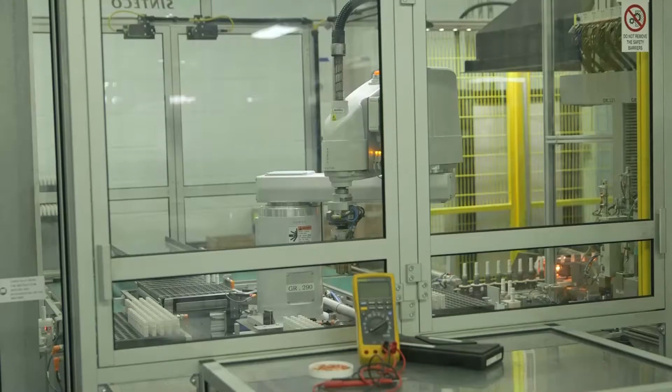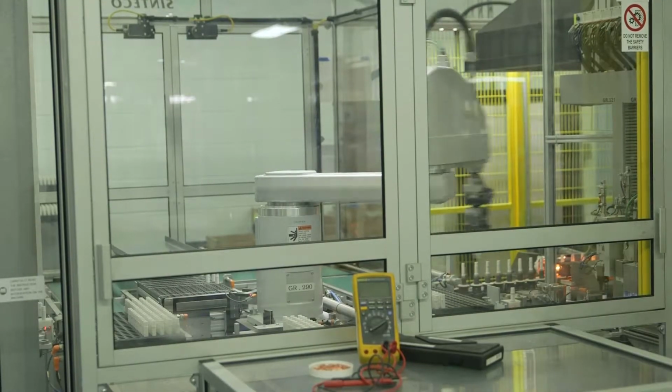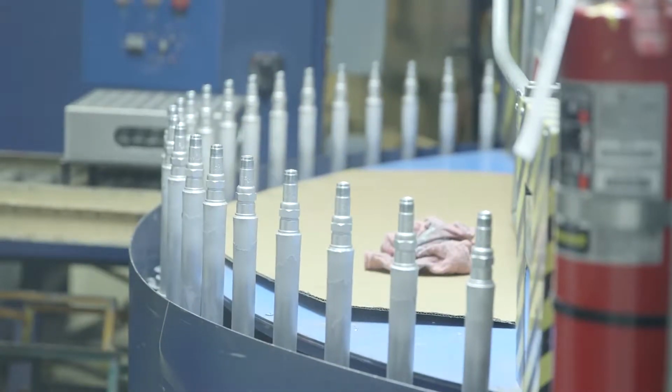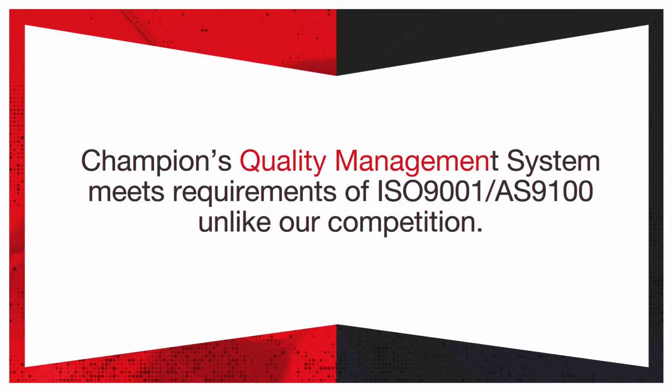Champion Aerospace has led the aviation spark plug industry in design and materials since we made our first aviation-specific aircraft spark plugs in the 1920s. Champion has invested significantly in automation of its spark plug assemblies and top-level assemblies to ensure repeatable and reliable assembly to meet the highest quality standards of the industry. It is also noteworthy to state that Champion's quality management system meets requirements of ISO 9001 and AS 9100 standards,